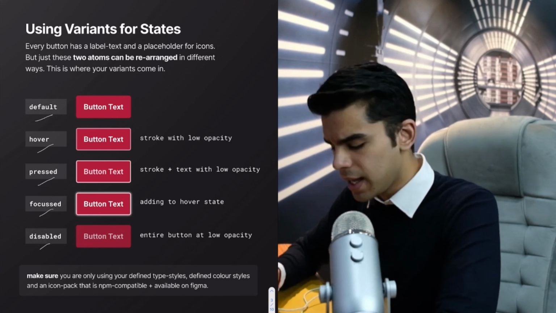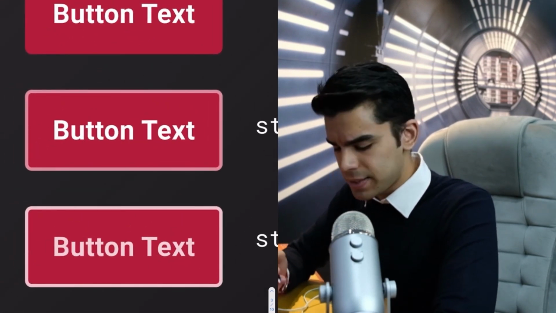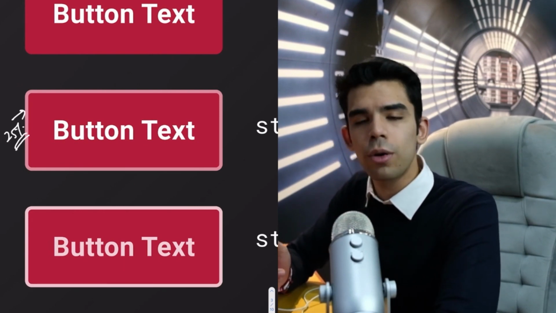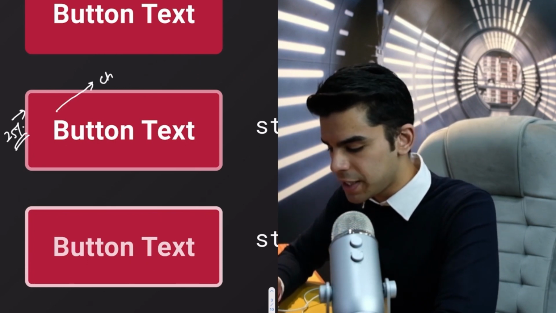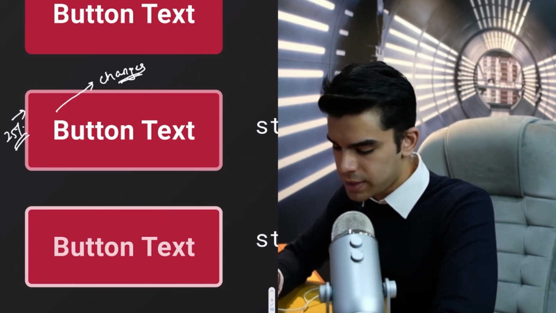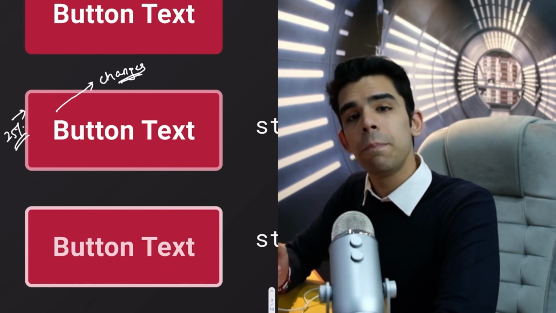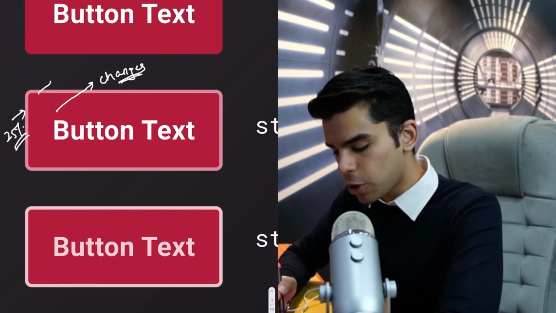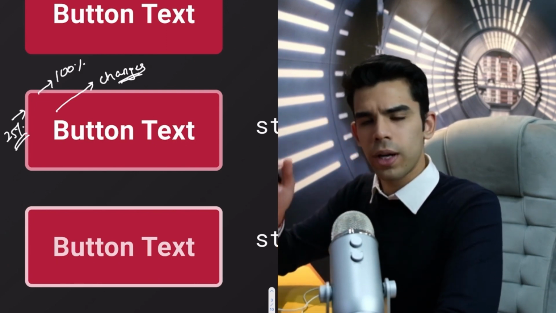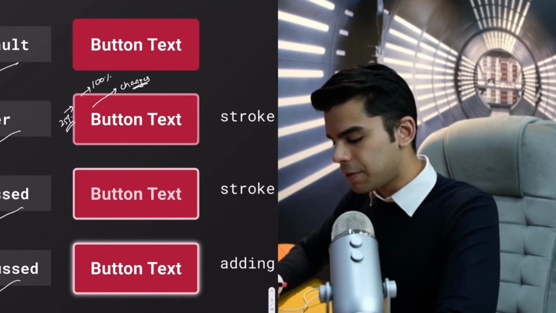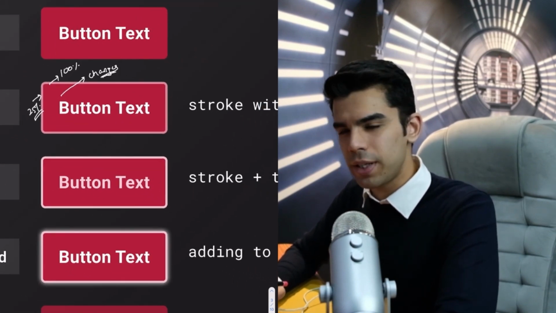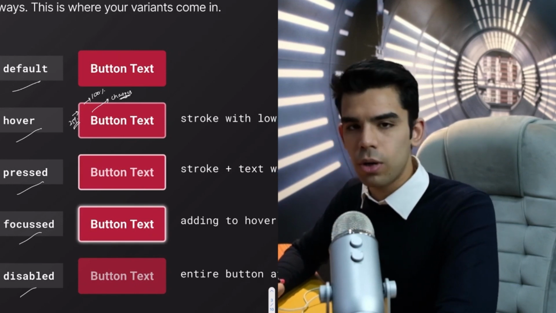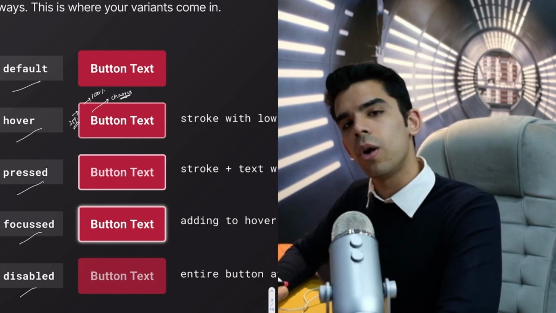So in the hover state, a very simple hack is to have a white stroke at 25% opacity, which would usually look good on almost every color. So even if this color changes, things would look good because it's white with a 25% opacity. But if your CTAs are going to have uniform color throughout the entire user interface, then you can probably have a 100% stroke of whatever color that you like. Because I usually stay away from opacity based color styles. They actually are very tricky to play with. So if you're careful with them, it's all good. But in most cases, you might lose out on some advantages.